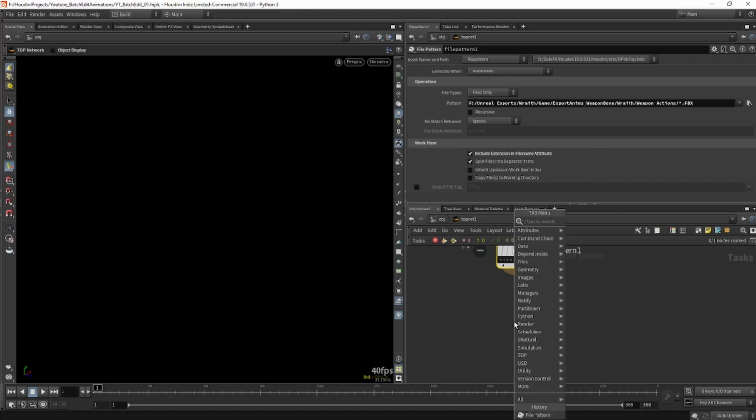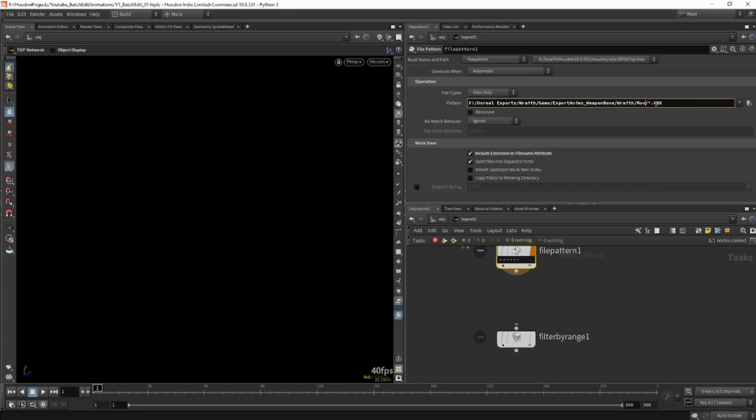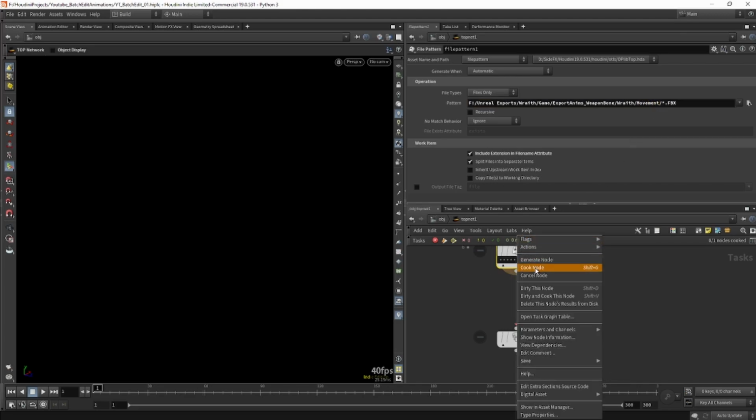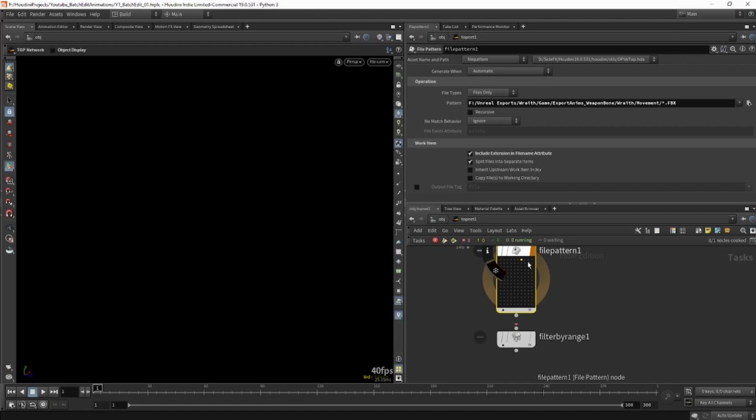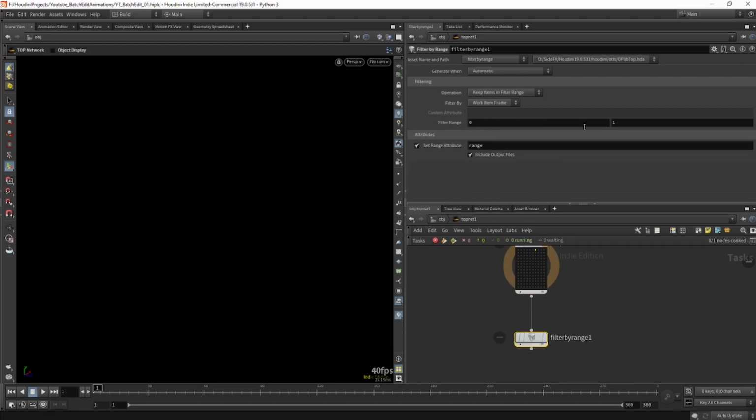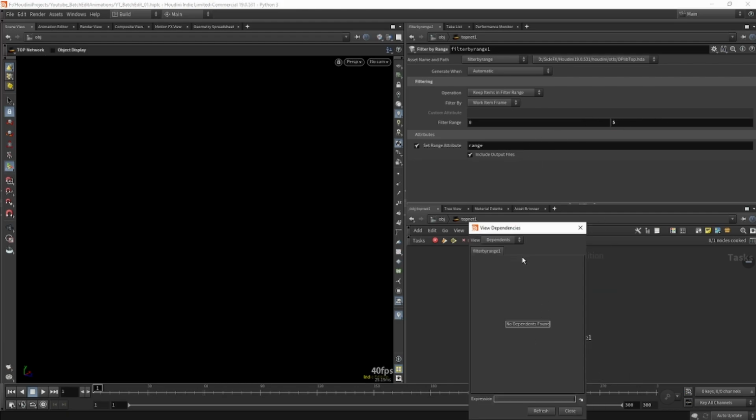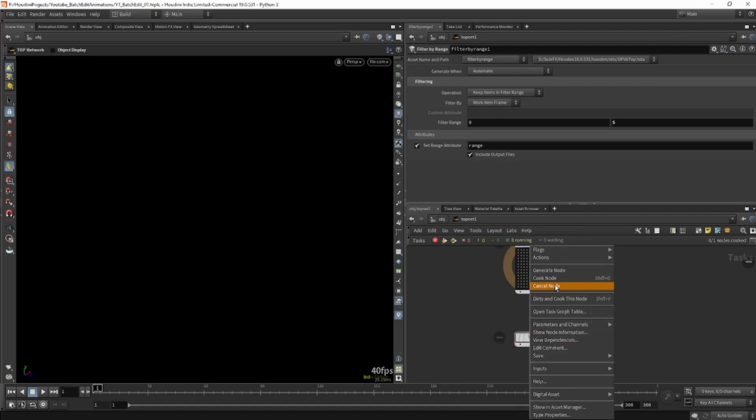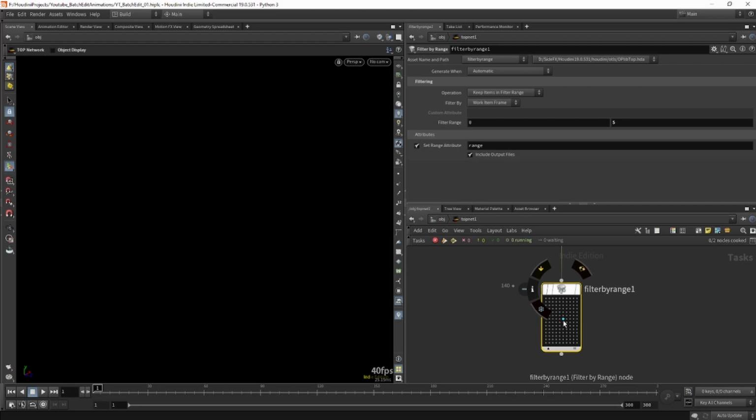There's also a good node to use: filter by range. Say I pass this node movement instead of weapon actions, and then I generate this node. You see with movement we get a lot more animations. This filter by range allows you to say, okay, I only want to do from 0 to 5, so I only want to do 6 animations. And then if I generate this node, we'll only cook